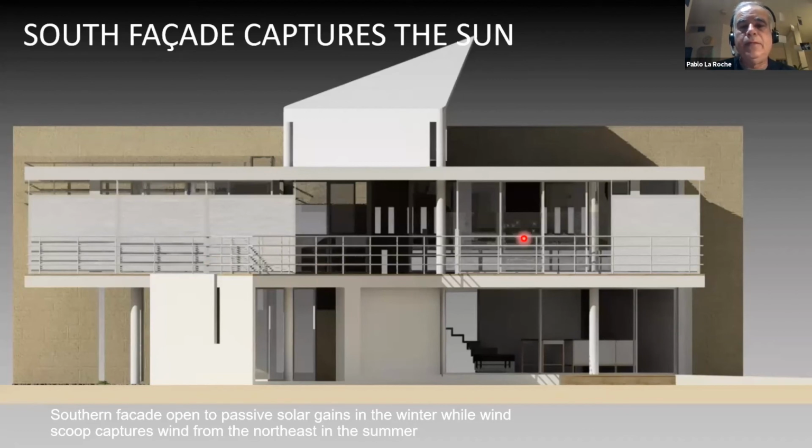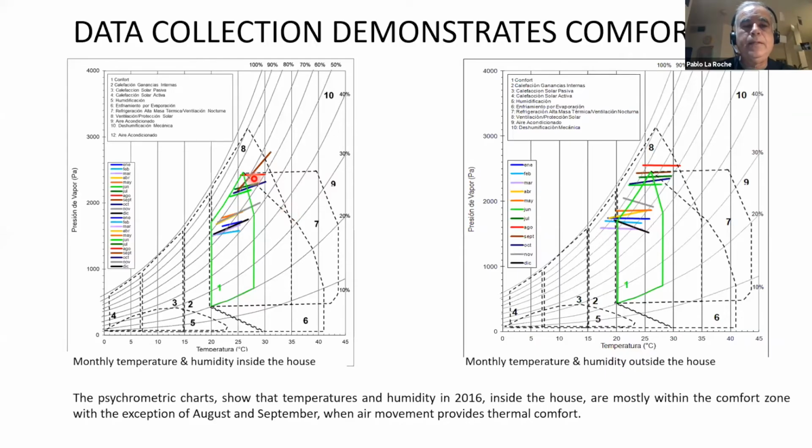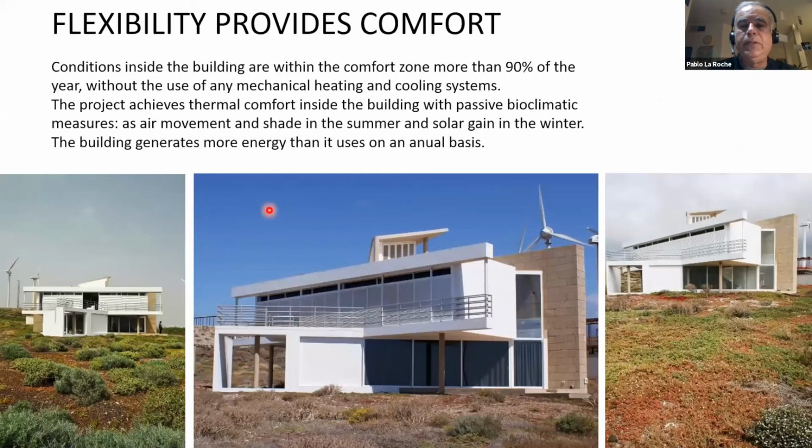The south-facing facade, we don't have a large overhang, but we have operable elements that slide and provide shade. And this has been monitored by ITER, Instituto Tecnológico de Energías Renovables, and it's really interesting to see the conditions outside are very close to comfort, but the conditions inside, this is inside, this is outside, are also very close to comfort. No mechanical heating, no mechanical cooling, and it's just cooled and heated by the forces of nature. So we can see that it's really understanding these principles